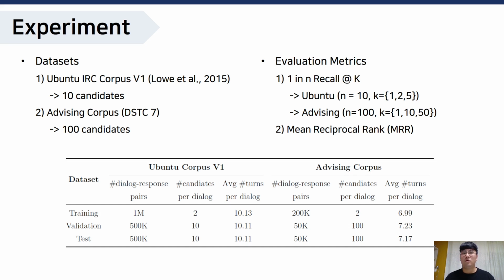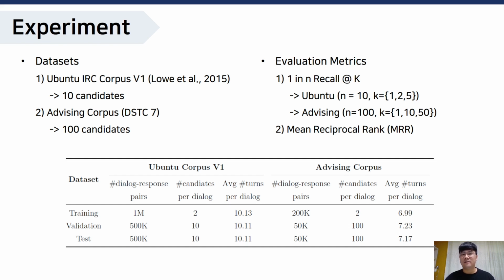We evaluate our model on two multi-turn dyadic datasets, the Ubuntu IRC corpus and the Advising corpus. For the Ubuntu corpus, the training set is composed of 500,000 contexts containing positive and negative responses with the same ratio. Each validation and test set contains 15,000 contexts with 1 positive response and 9 negative responses. The Advising corpus consists of 100,000 for the training set and 500 for the validation and test sets.